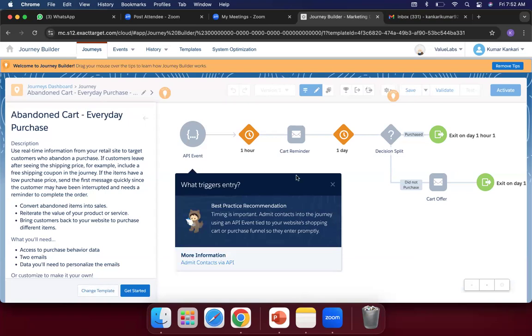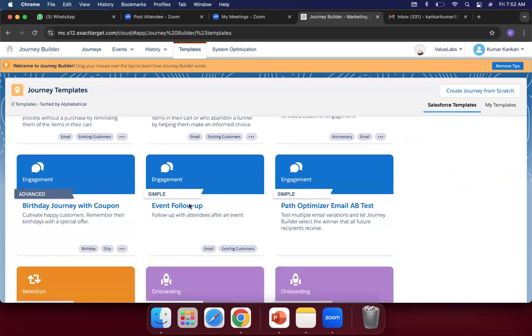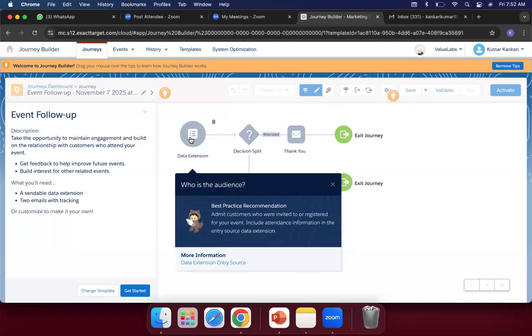So those are the things that are readily available. You can simply use them from this template, add your own content, and execute that, guys. Okay, some event follow-up. Suppose any concert is happening, like I think tomorrow, by this week, here